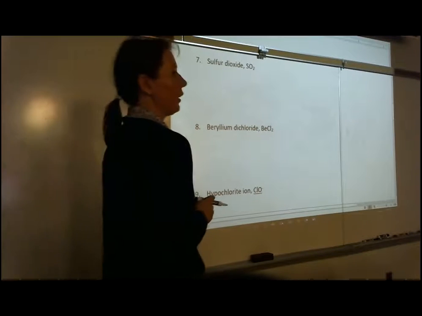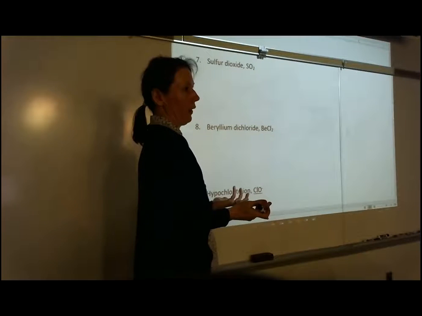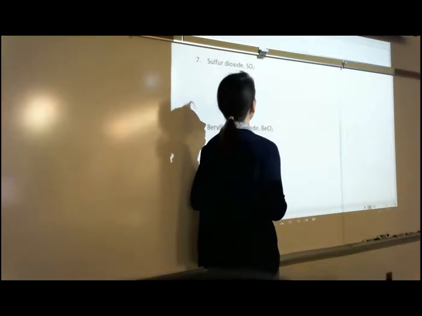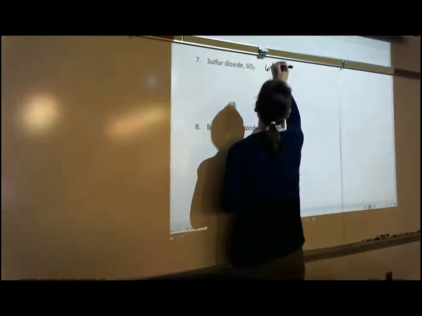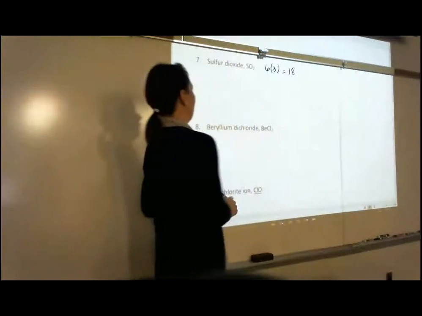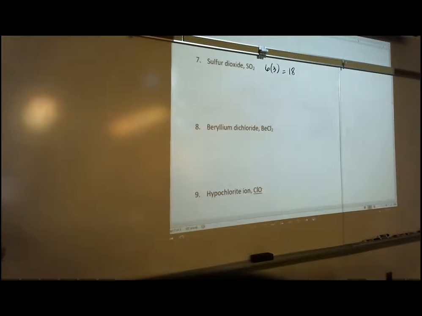All right, sulfur is how many valence electrons? Well, sulfur and oxygen are in the same group, right? Sulfur is directly under oxygen. So how many do each one of these have? 6, right? They've got 18 to work with. Who goes in the middle? Sulfur, right? Because it is